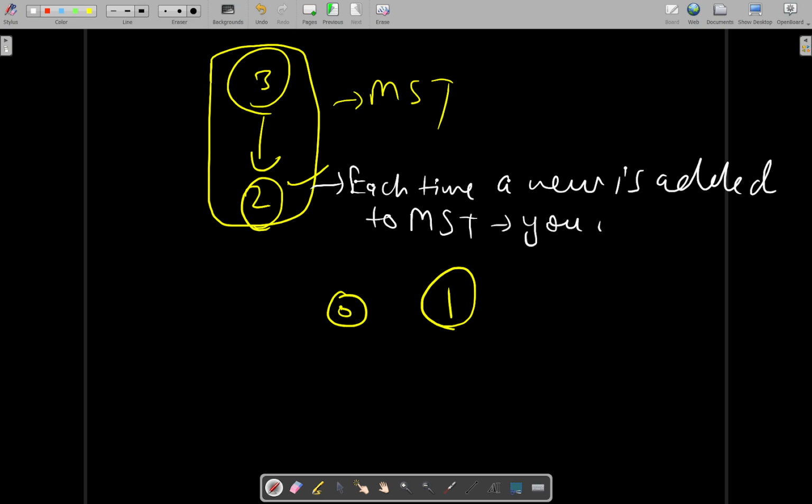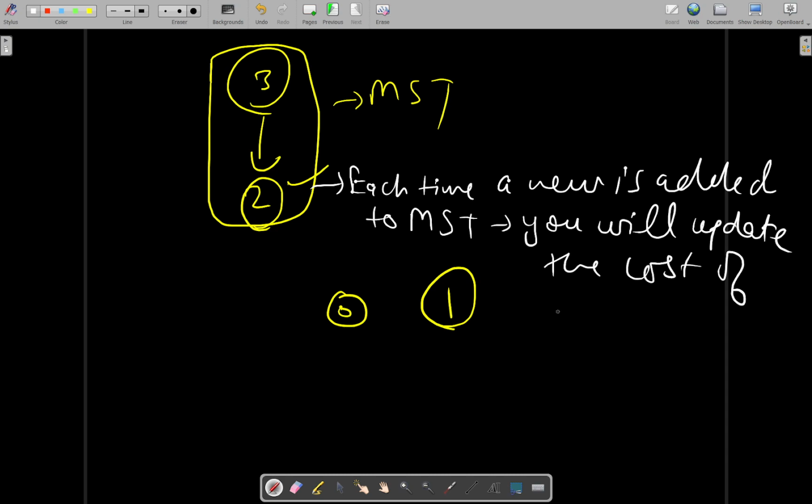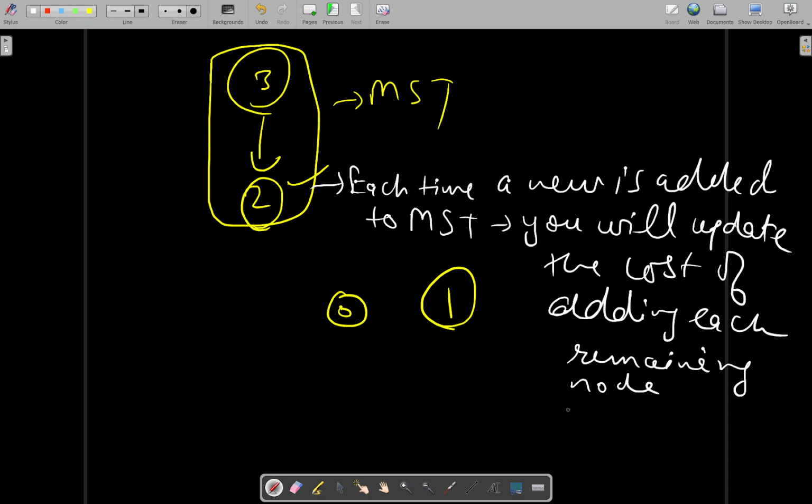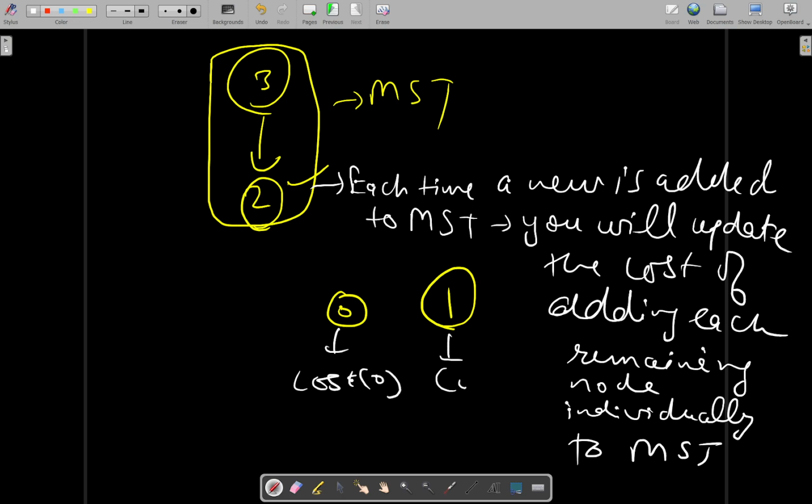you will update the cost of adding each remaining node individually to MST. So cost of 0 will be updated, cost of 1 will be updated. It will be minimum of its previous cost and the cost from this current node that have